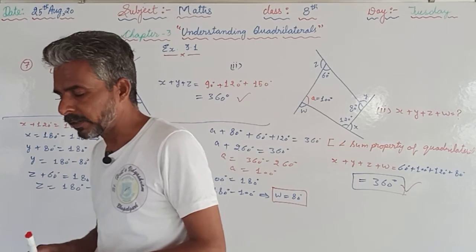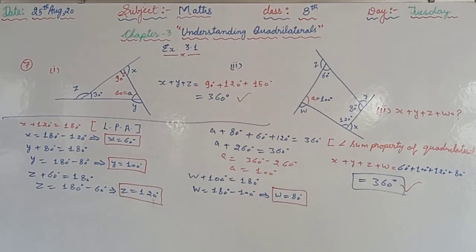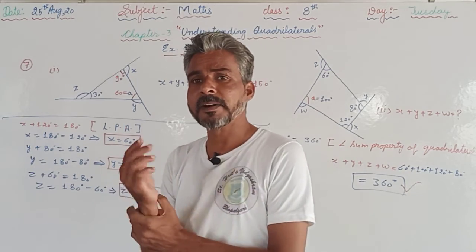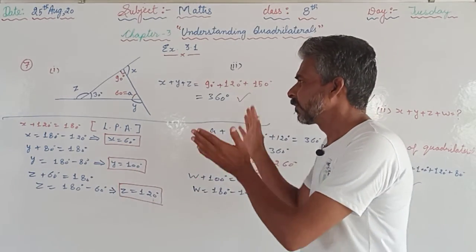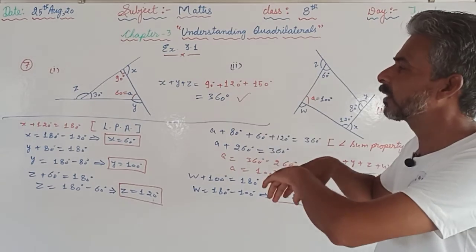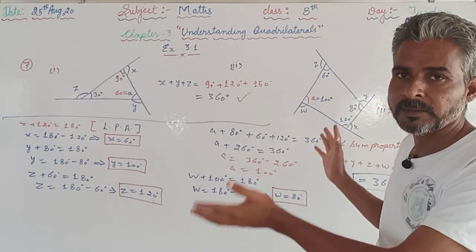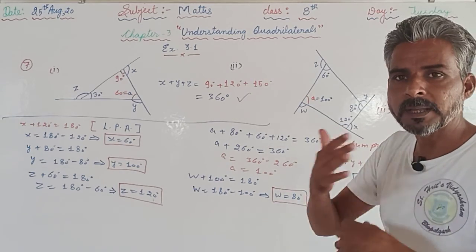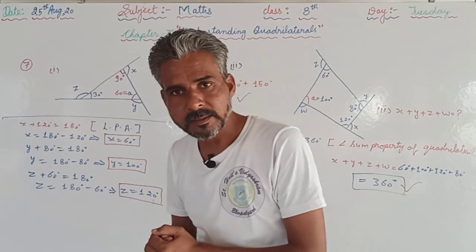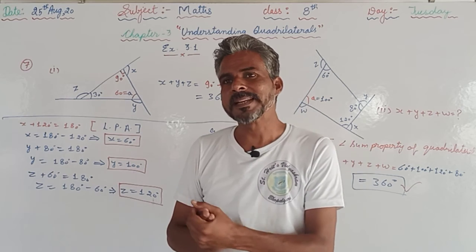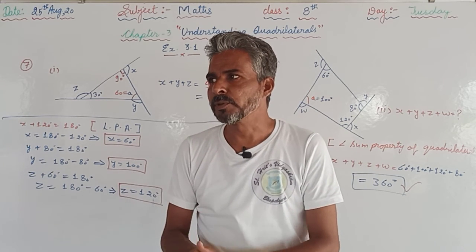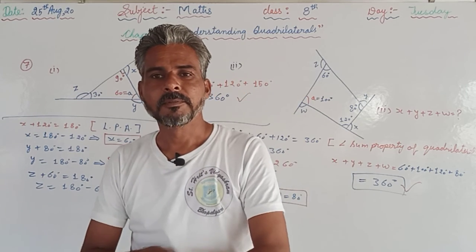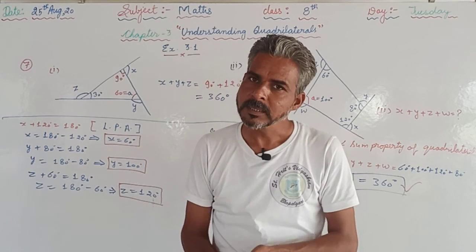So I hope that you have understood, and now you will try these questions. Again you will repeat the questions. At the same time, what the information we got here, the sum of the exterior angles of any kind of polygon irrespective of the number of sides will be 360. You are supposed to use it in the upcoming questions, so you should try those questions. If you face any kind of problem, then you are supposed to inform us, we will try to rectify that. Otherwise, in the next video we will discuss those questions as well.